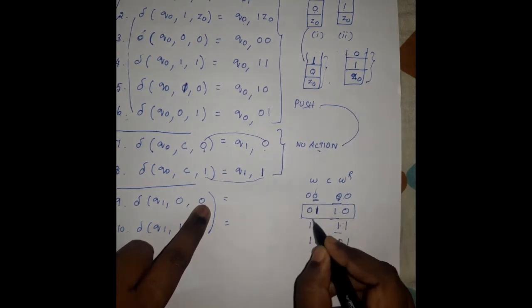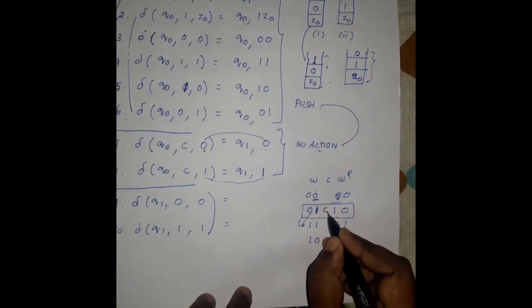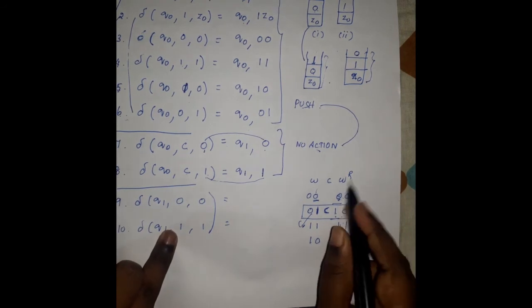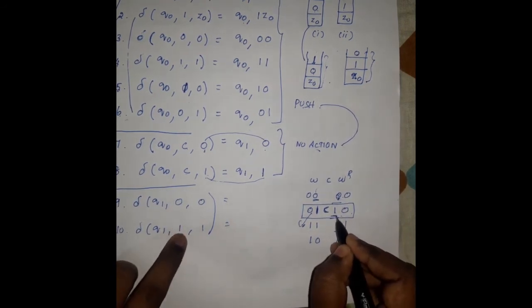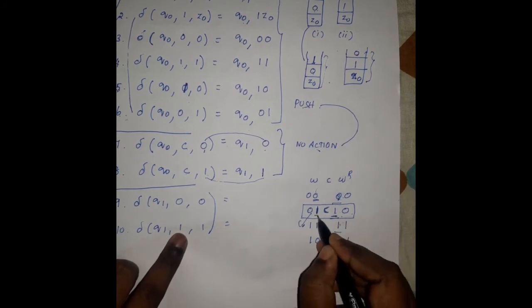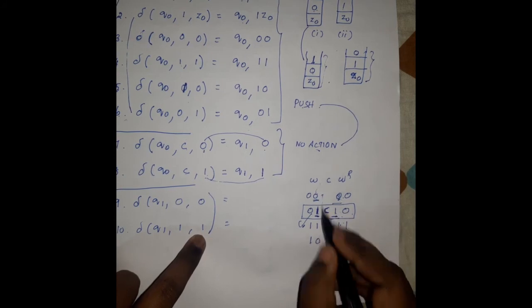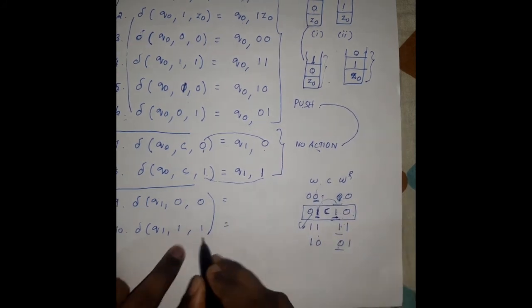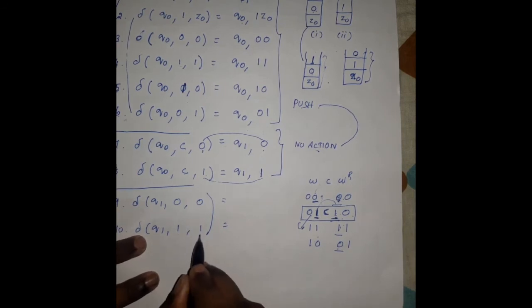0 1 is already done for the push operation in the W, right? After that we are performing the separator symbol. Then I am going to write the transition function for W power R, which means here I am going to read the current input symbol 1, right? And the top of the stack symbol is 1, because whatever it ended with in W, it should start with in W power R. So whatever you read as the current input symbol, the same symbol is present at the top of the stack.